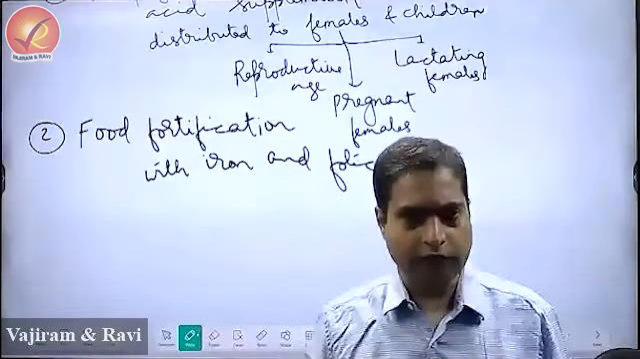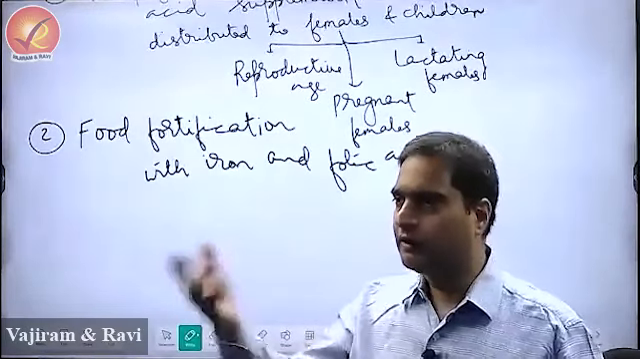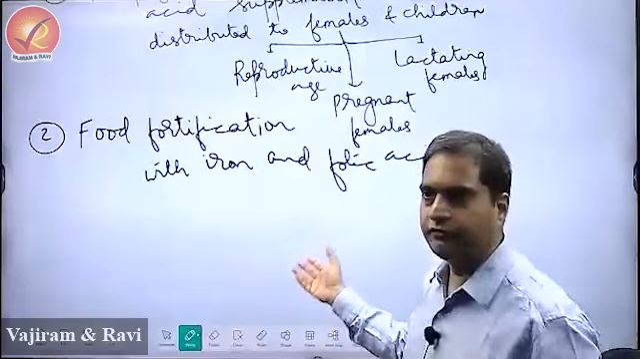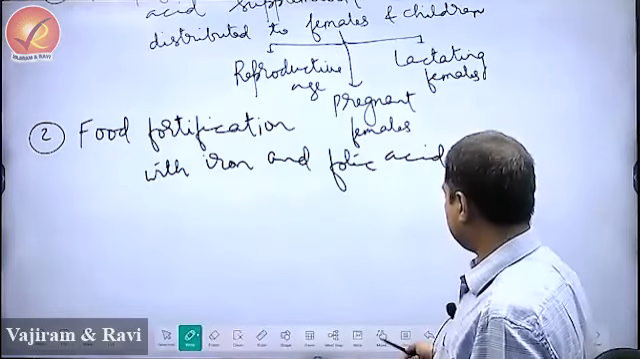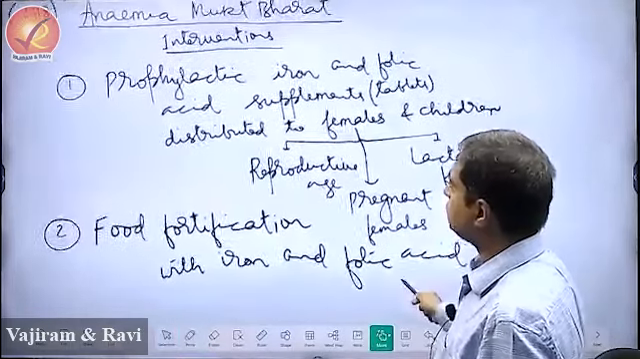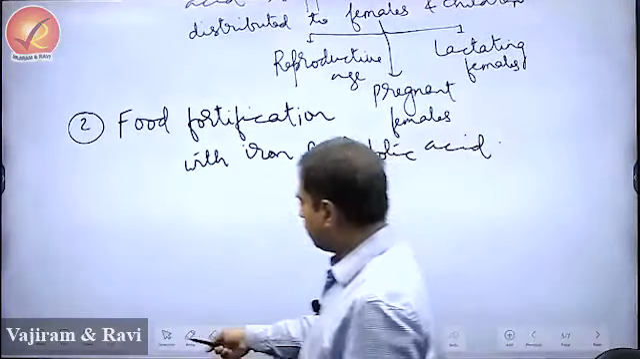So this is also an important strategy to reach the population. You can fight the calorie deficiency and also go for the iron deficiency along with that. So food fortification with iron and folic acid is another intervention, wherever it is possible. Now apart from this,